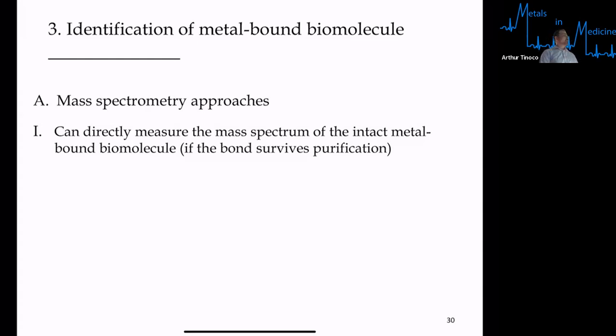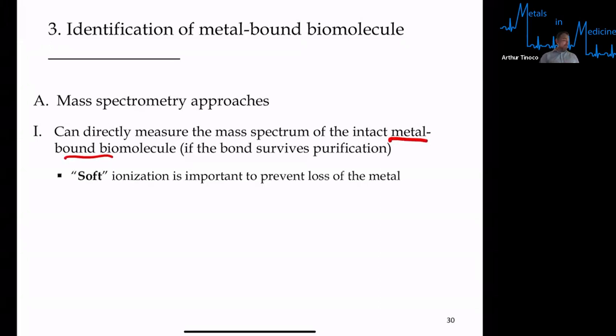The technique that we ended up introducing was mass spectrometry. This is quite a sensitive technique, but it often is a destructive technique. The requirement of only a small amount of sample helps make this a very useful approach to identifying different species, especially those that contain metals. One of the things I mentioned is that in order to look at things that contain metals, it's important to use a mass spectrometry technique in which the ionization, the process in which the species you're looking at becomes its ion form,